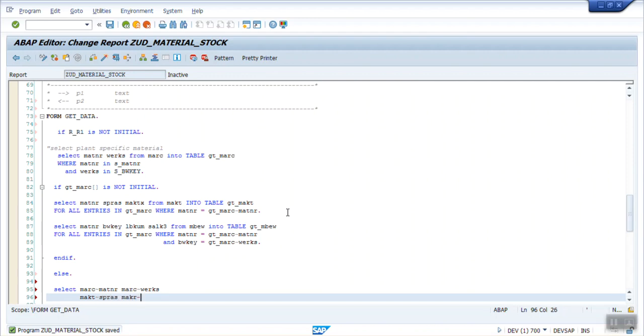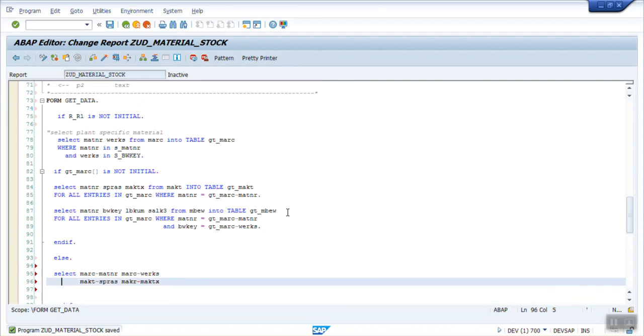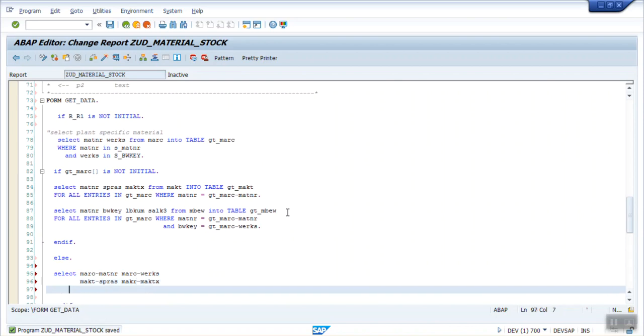Then I want to select from MAKT my next field, MAKTX. Give a tilde here. Then from MBEW I want to select BWKEY. From MBEW again I want to select LBKUM. Again from the same table I want to select SALK3.